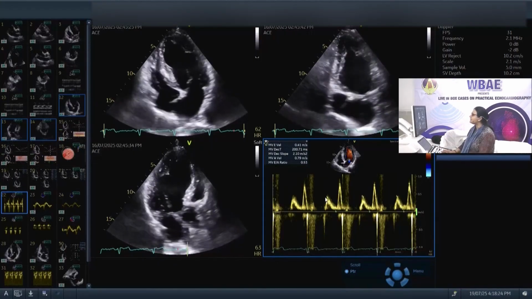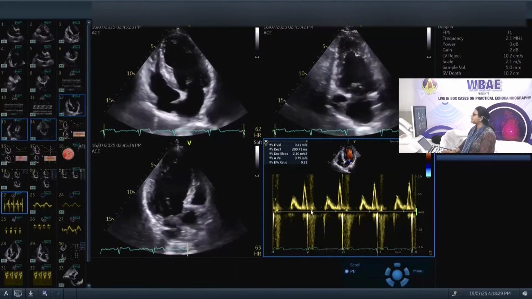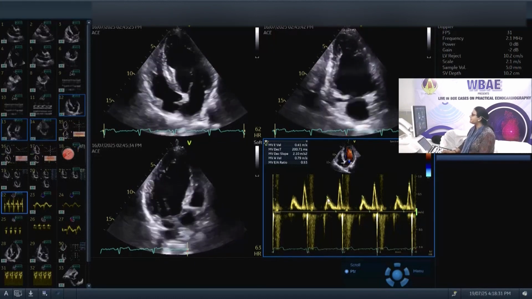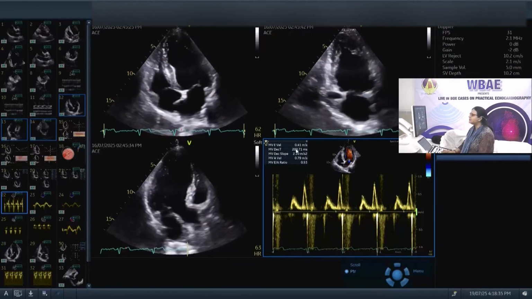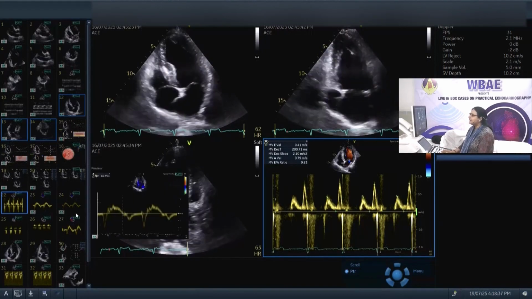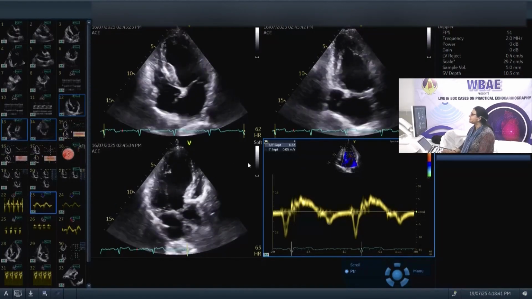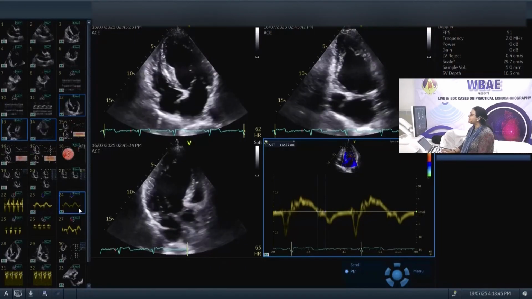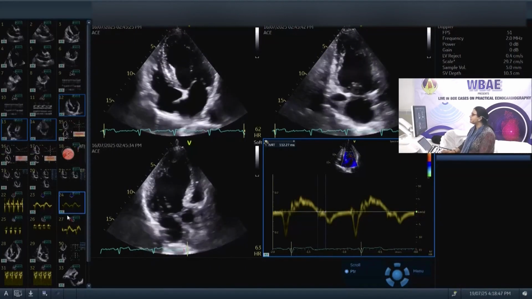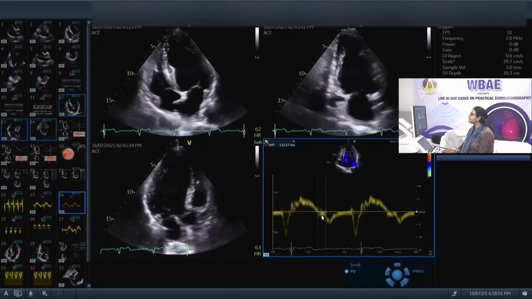And now looking at the diastolic function of this patient, my last patient of DCM had grade 3 diastolic dysfunction, whereas this patient has a grade 1 diastolic dysfunction. Here we can see that the E velocity is less than the A velocity. E by A ratio is 0.53 with a normal deceleration time of 200. The E by E prime ratio of this patient at the septal and lateral annulus was almost within normal limits, and it was 8.2, and the IVRT was 112.